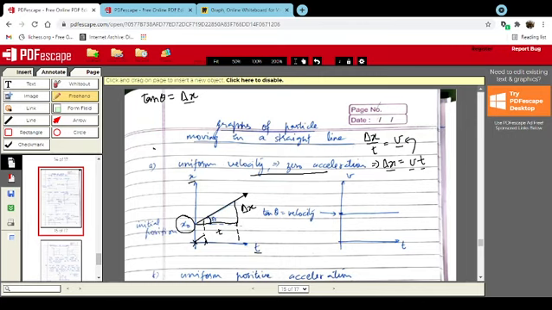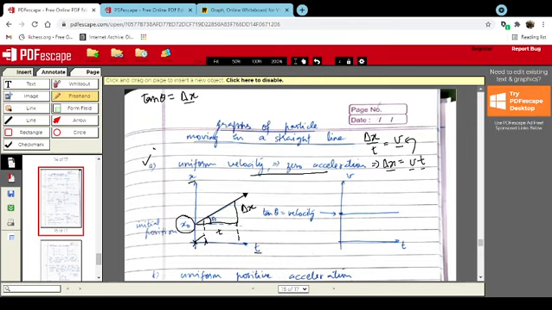So let us jump to the first case: what if the particle is moving with some uniform velocity? When the particle is moving with uniform velocity, the first thing we think about is that it has no acceleration. It is moving at constant speed. The speed does not change, and that's why the acceleration-time graph would simply be an a-t graph with the acceleration coinciding with the zero line. Now let us think about the position-time graph.